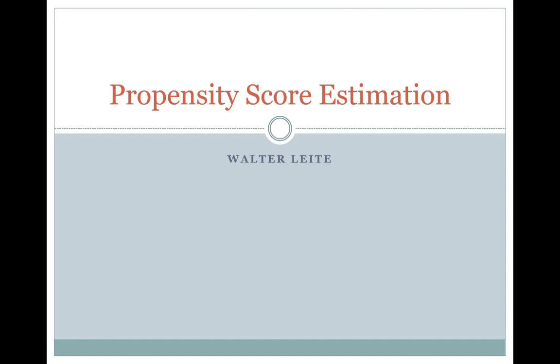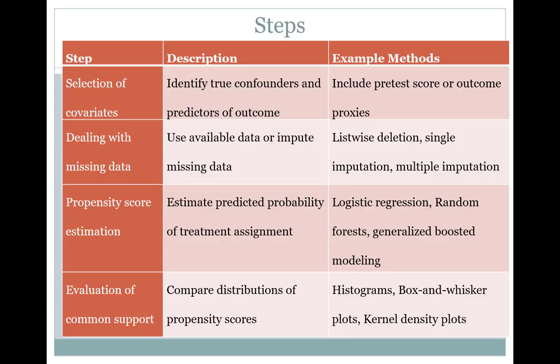This is Walter Leite, and in this presentation, I will provide an overview of propensity score estimation. So, to estimate propensity scores, which you can then use for matching or weighting to reduce selection bias in quasi-experimental studies, you need to go through a series of steps that include preparing the data set, estimating propensity scores, and evaluating